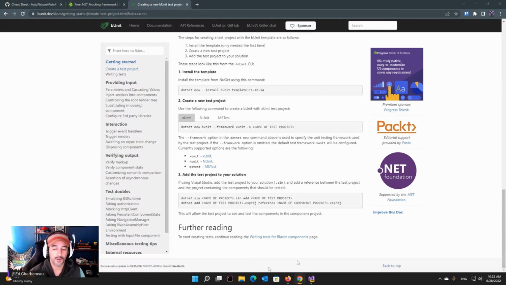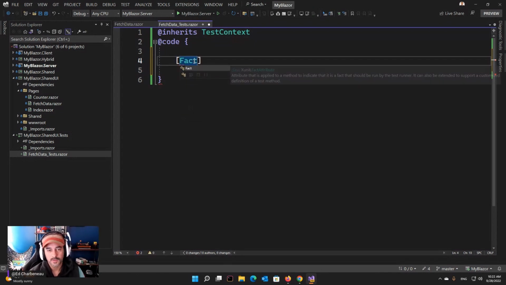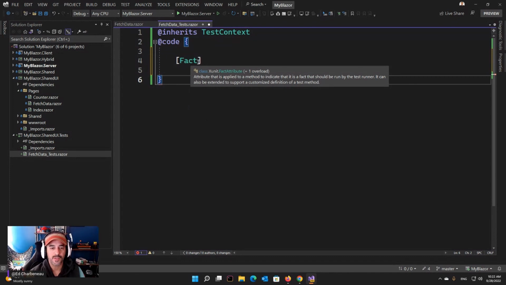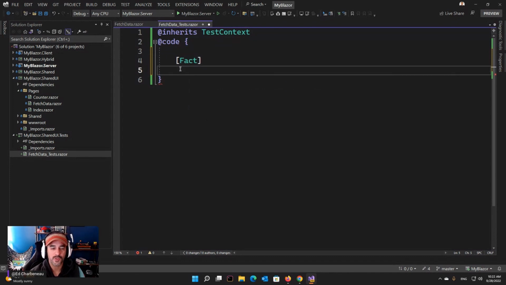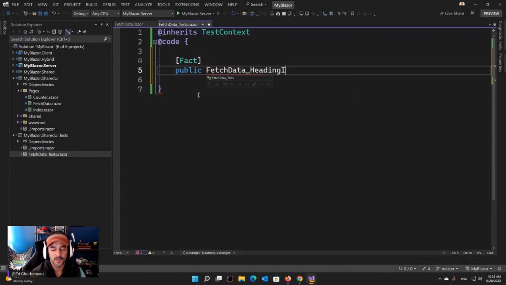Okay. Now, the next thing I want to do is create a fact. So this is the attribute that defines that whatever function follows this code is going to be a unit test. All unit tests need to be public so the test runner can see them. And then it is going to be a basic method. So I'm going to say fetch data heading is rendered